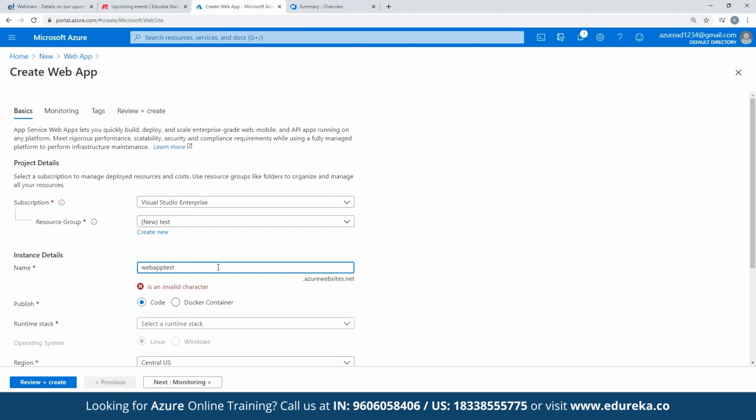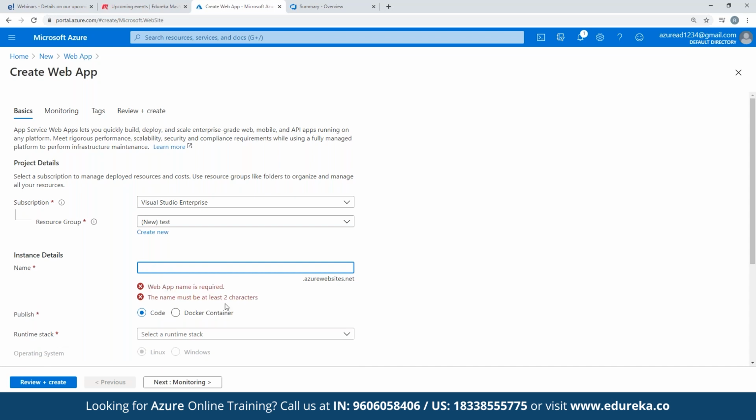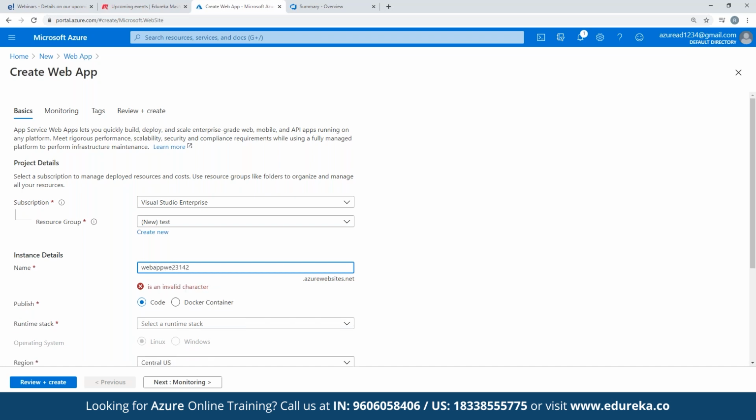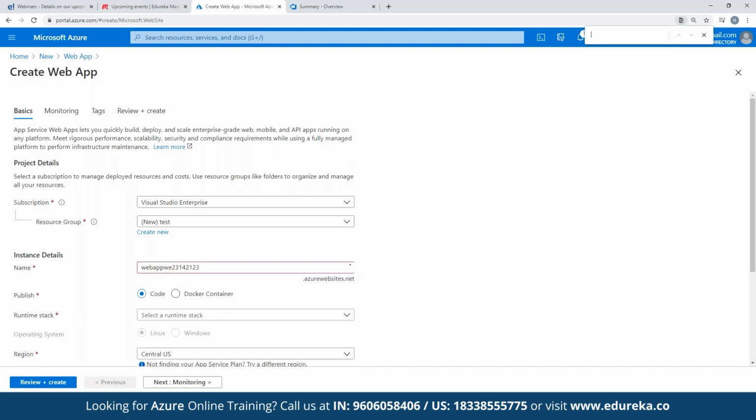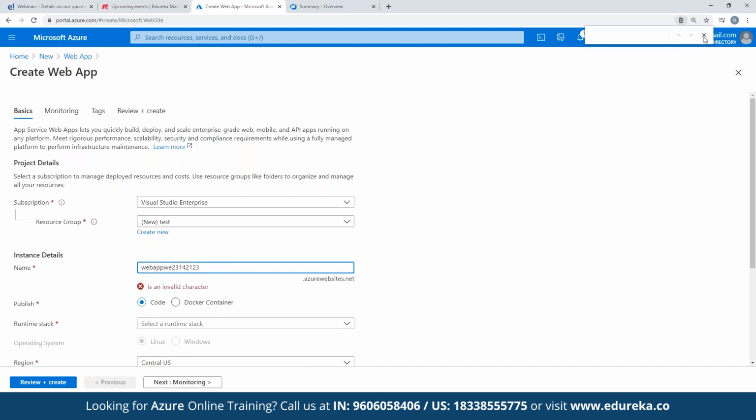It's taking web app edu 987, which is also, oh, I think we have an invalid character here. Let's see, which name is not taken? The name must be at least 2 characters. Okay, web app. We've created a resource group, and I'm not sure why it's an invalid character. One second.